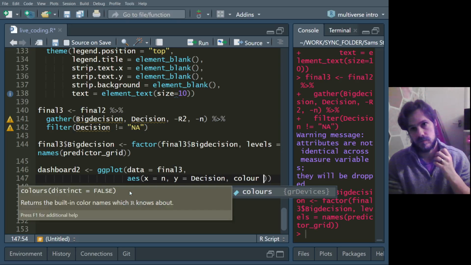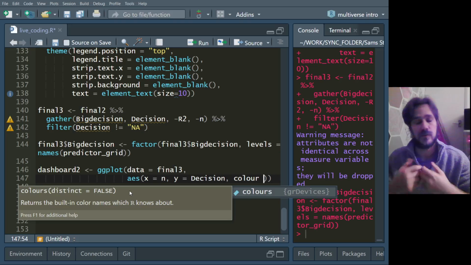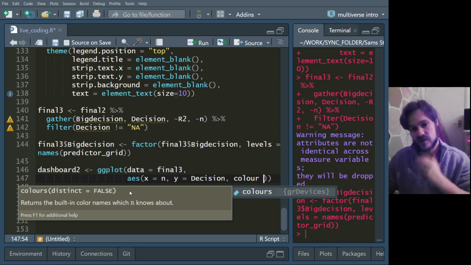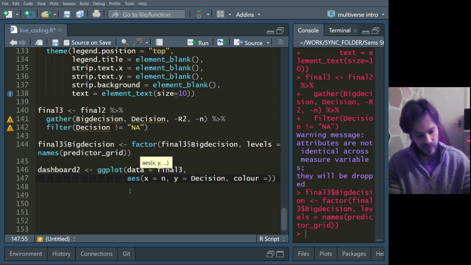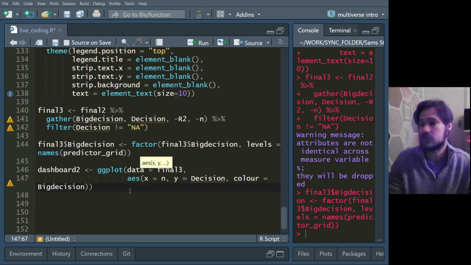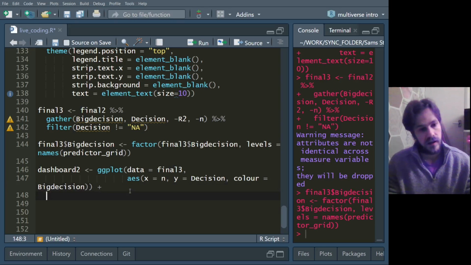And because we have the decisions within the bigger decisions, what we're also going to do is color that. So in this case, we'll see a colored bar, and it will be a different color for each of the variables. So we're going to specify color as our big decision, and that's underneath the aesthetics. Now we want these big decisions to be in different grids. It just makes it nicer to plot. We can do that with